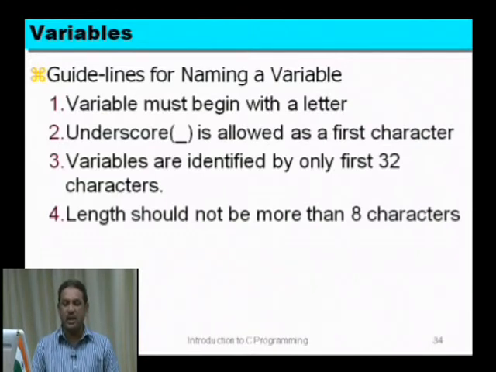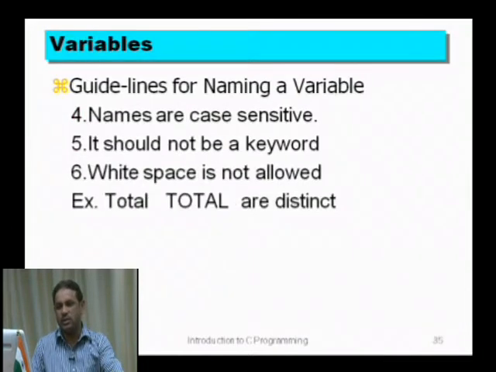Variables are identified by only the first 32 characters. So, the length of the variable name should be a maximum of 32 characters. You can use 32 characters, but only the first 8 characters are identified. So, it is better to have a variable with 8 or 10 characters. The maximum limit is 32 characters, but only the first 8 characters are identified, after 8 it is not going to be identified. So, these are the 4 guidelines. In addition to this, the other things,